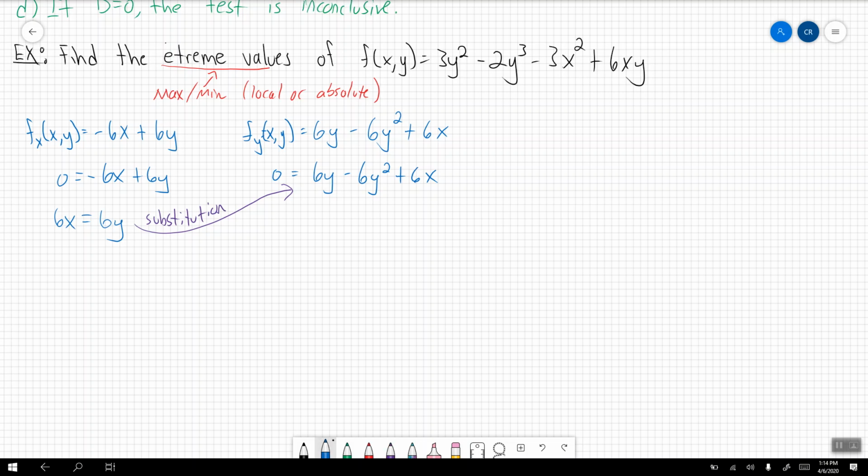And when I use substitution here, I know that I have this 6x. This 6x is now going to be interpreted as this 6y, by what we have over here, which then means that we have 12y minus 6y squared is equal to 0, which then gives us, let me see, I can factor out a 2y from there, and that will be leaving us with 6 minus